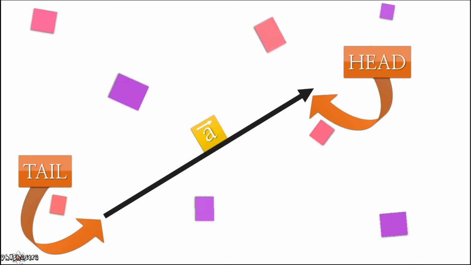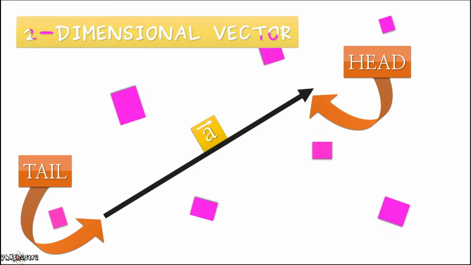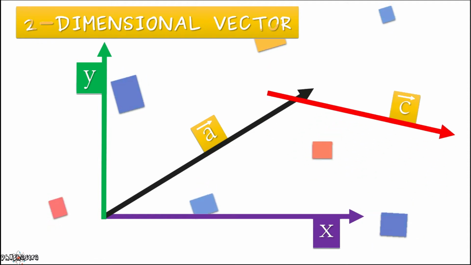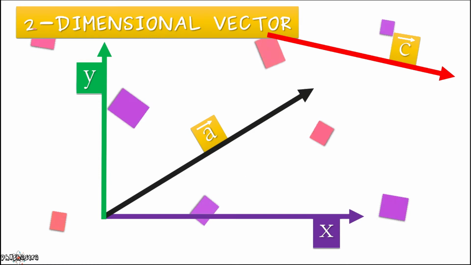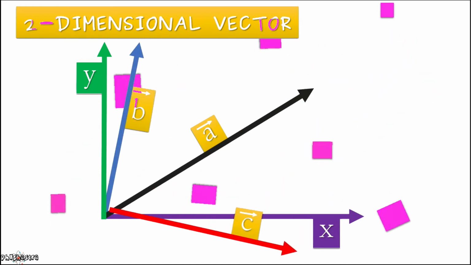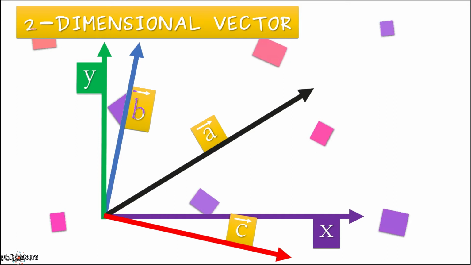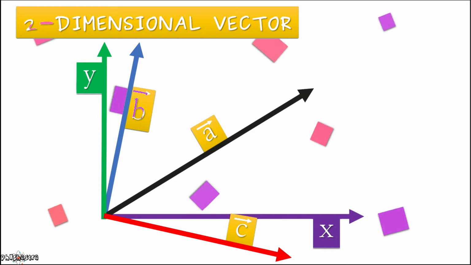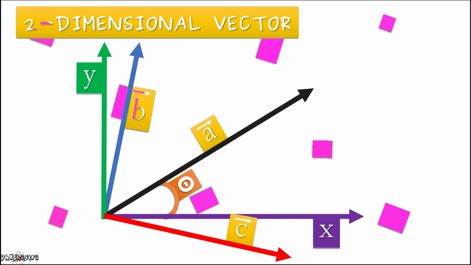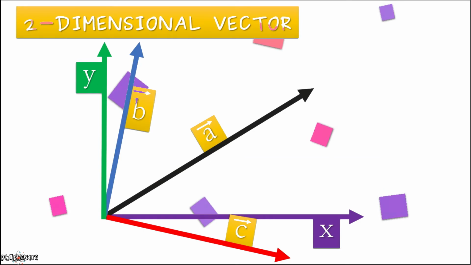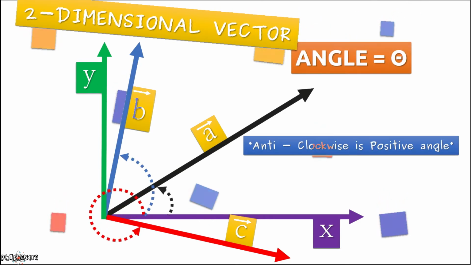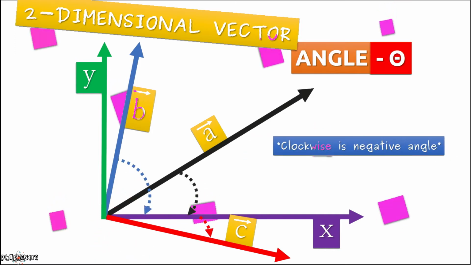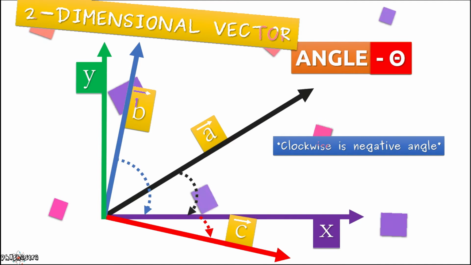Always, the vector is directed at an angle with respect to the x and y axis in the 2-dimensional case. The vector can be transferable, such as, the vector is here, then you can drag the vector anywhere, but it has to be sensible. It should have the same direction every time you drag it. The vector direction is understood by an angle at which it is pointing. The angle is taken only in the anti-clockwise direction. And if we take the clockwise, then that angle will be a negative angle. So always be careful with the angles taken.